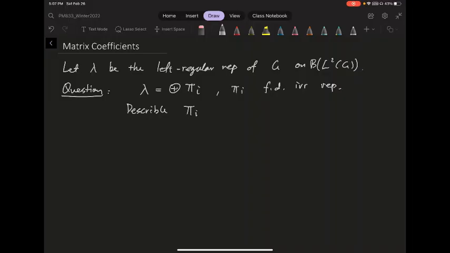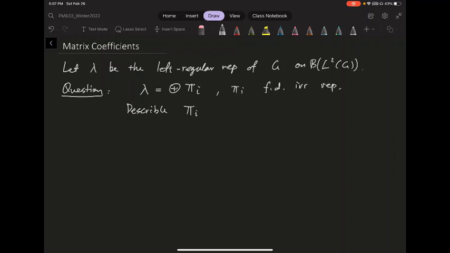So from last time, we saw that every unitary representation of a compact group can be decomposed as a direct sum of a bunch of finite dimensional representations. One of the representations of a group is the left regular one. We can always represent our group on the bounded linear operators on L2 of G. And apparently, if your G is big, when it's infinite, this L2 of G is infinite dimensional. So your lambda is not a finite dimensional representation, so it will be decomposed as a bunch of finite dimensional